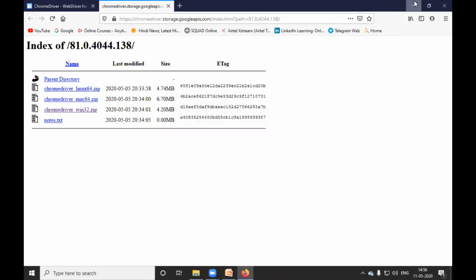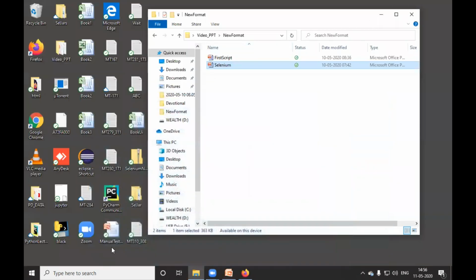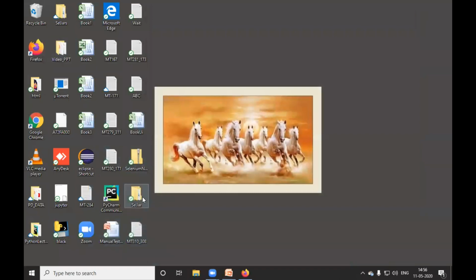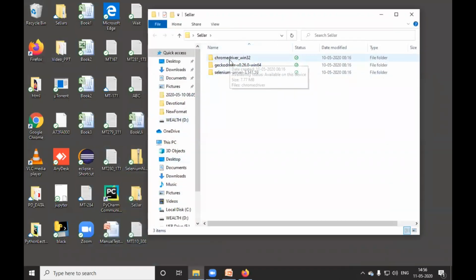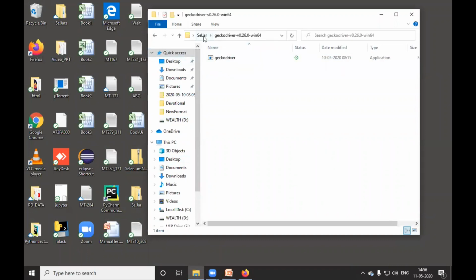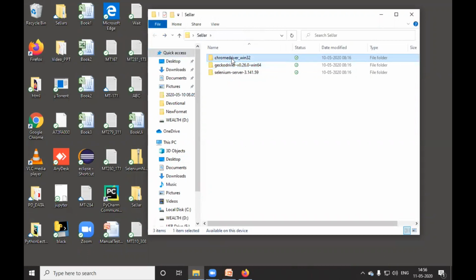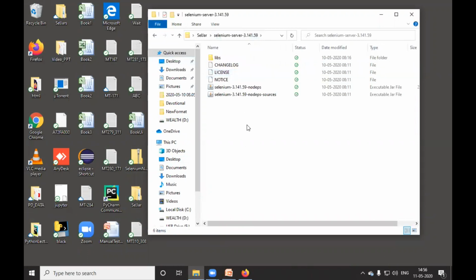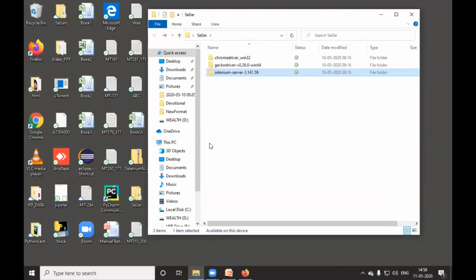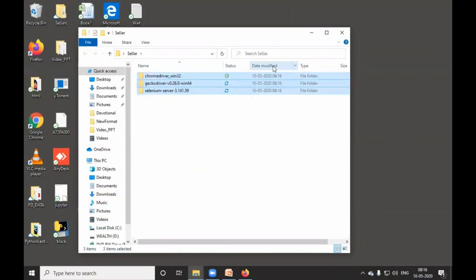Fine, so I have downloaded everything, unzipped it and kept it in one folder. You can see the Selenium jars folder is there. Inside this I kept everything after unzipping it. See Chrome driver 32-bit and Gecko driver 64-bit, and this Chrome driver 32-bit works with 64-bit as well, and Selenium server, which I got after unzipping, and these two jars are inside this, and inside libs also there are some jars. These are the things which are needed for configuration of a Java project for Selenium. Now the next thing that we are going to do is start Eclipse and configure Eclipse for WebDriver.